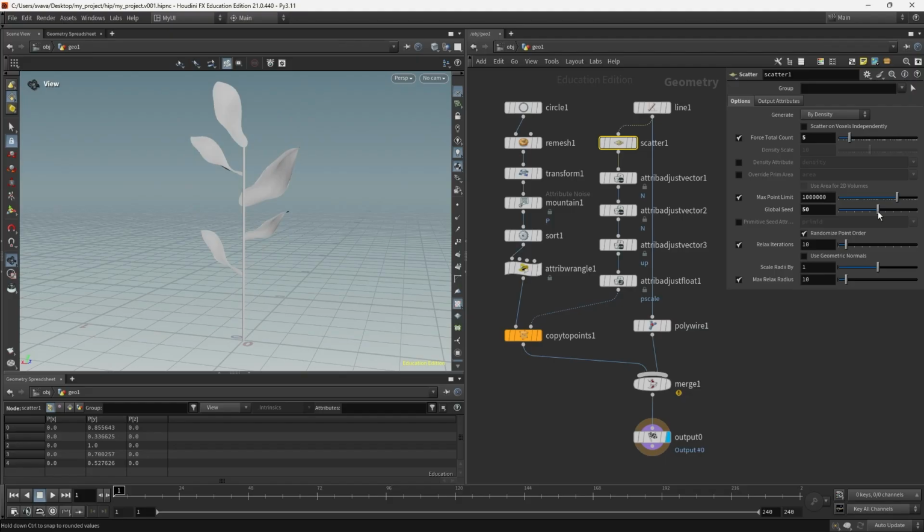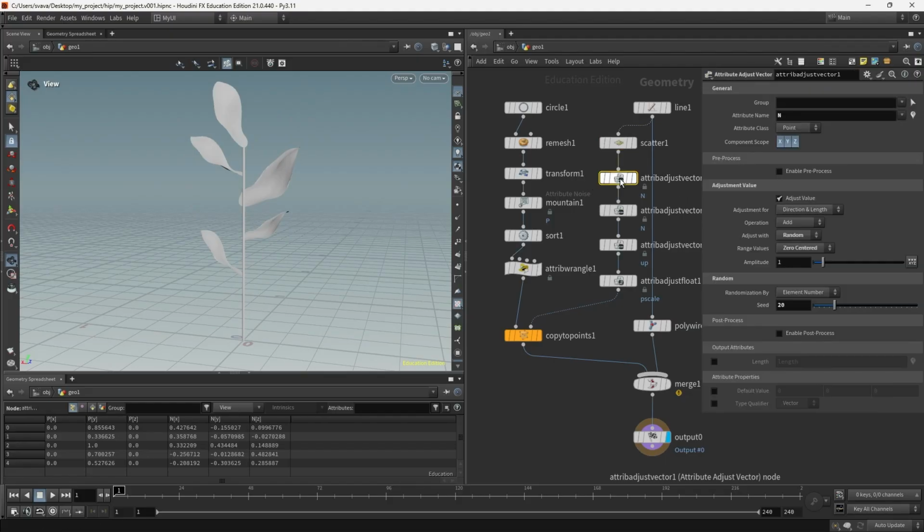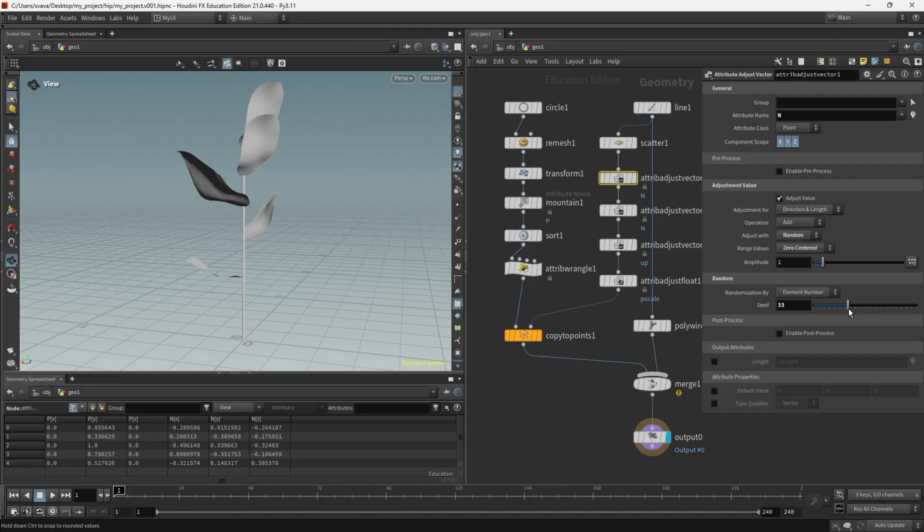Maybe something like this. Then I'm going to revisit the direction of the leaves. Let's try different seeds for that as well. Maybe something like this.